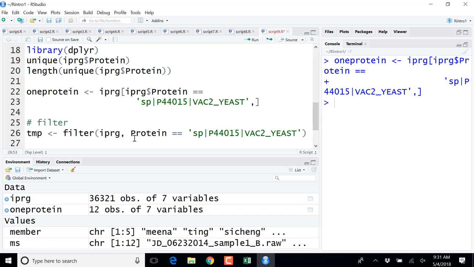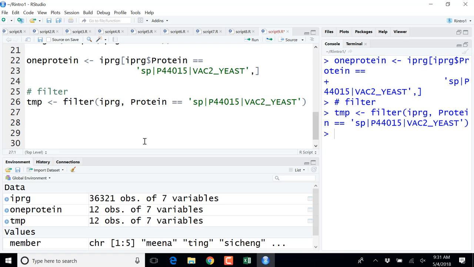Okay, then I will run. And here you can see this one also has 12 observations, right? So these two lines are actually doing the same thing, just with different syntax. So if I want to double check that it's really the same,